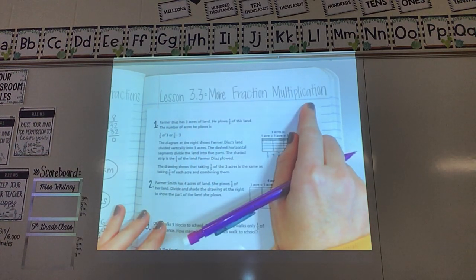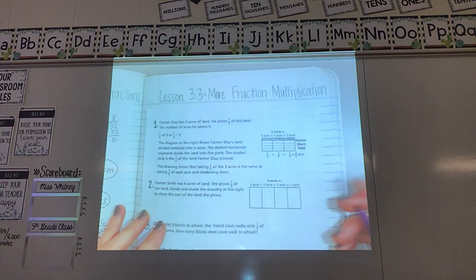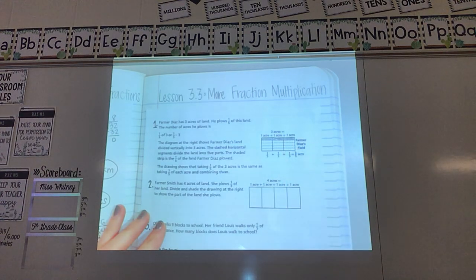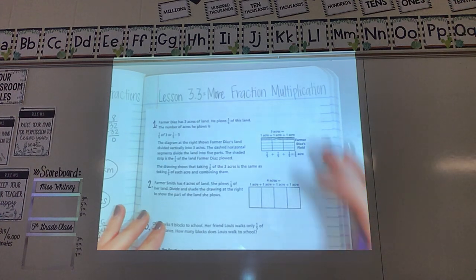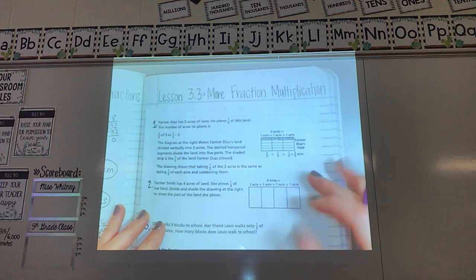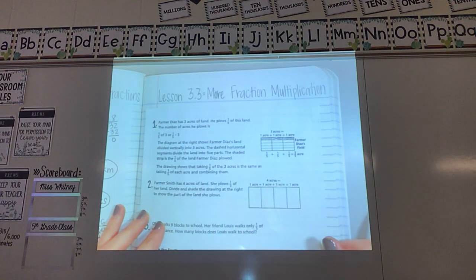So really, this is a review of the things that we were doing yesterday, just multiplying a big number times a fraction. However, today we're going to use pictures to show what we're doing. So a lot of your assignment is just going to be multiplying like you were doing yesterday, and you did a very nice job with that. But there are going to be a few where you have to use a picture. So we're going to review how to do that, and then you will be using those skills on your assignment